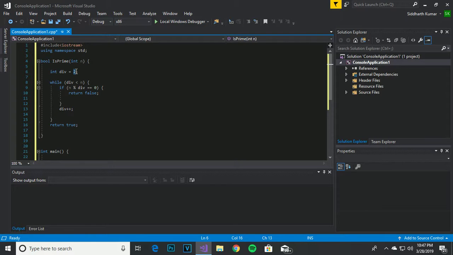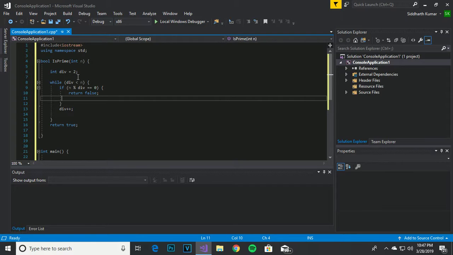And then what we do is we keep going until this number is smaller than the given number, means we are trying to divide the given number by, starting from 2, 3, 4, 5, 6, like that. So until it's smaller than this, and if mod operator, obviously you guys should know that mod operator gives answer as remainder, means if this divisor that we are taking, 2, completely divides, the remainder should be 0, and if that's equal to 0, you should get the answer as false. Now what this means